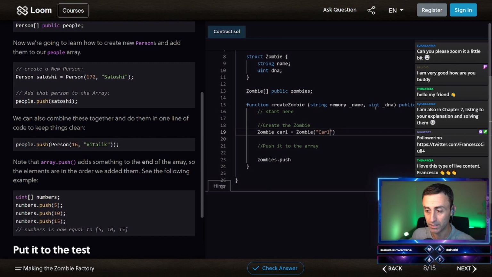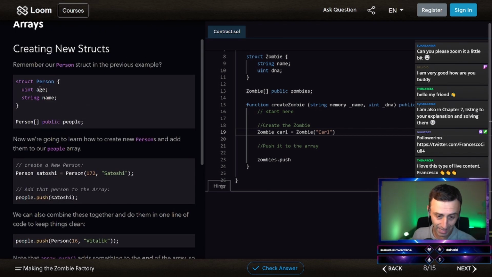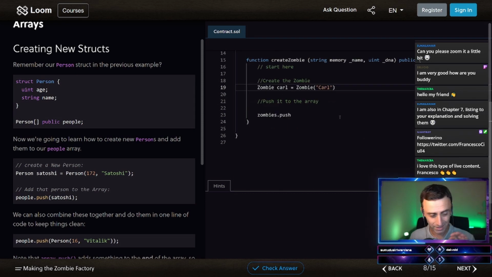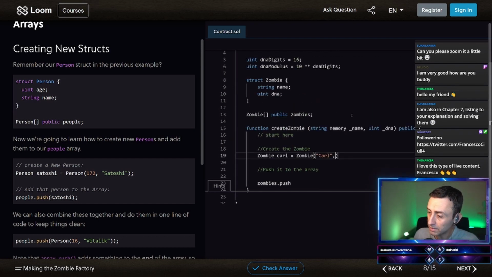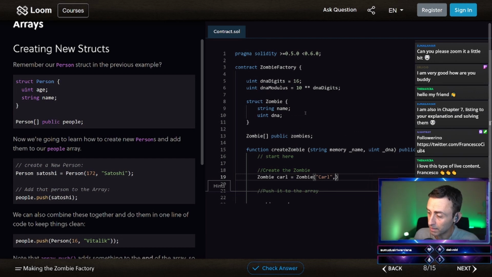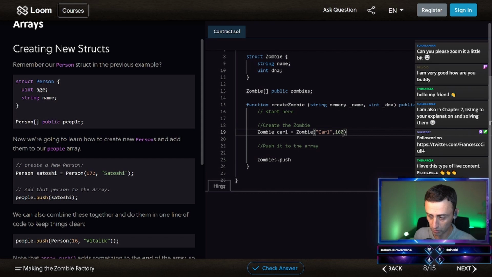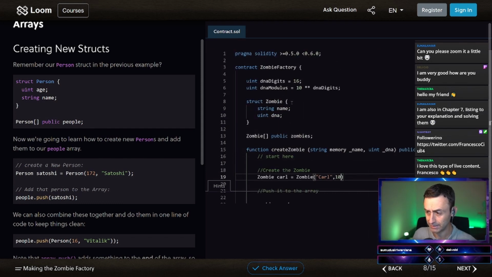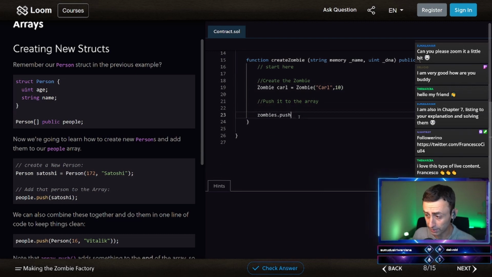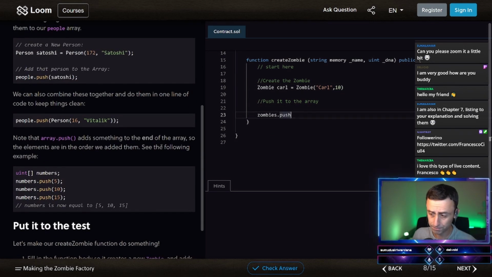Here we have string and int. Here they have first the number and then the name. Okay, nice. I like this a little. It's starting to become a little bit harder. And the DNA, I was expecting maybe something like that. Let's start with something hard-coded. So let's try with 100 or 10. But probably this in the future will be 6 digits. Okay, so we have this, and now we can just push Carl.